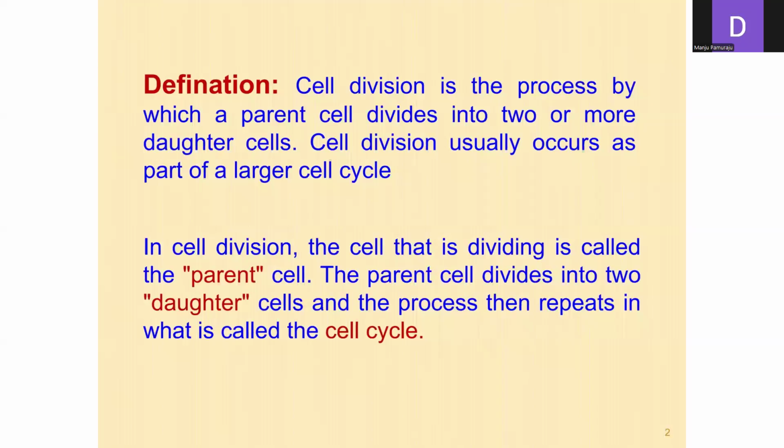So next one is cell division. Cell division is a process by which a parent cell divides into two or more daughter cells. Cell division usually occurs as a part of a larger cell cycle. So in cell division, the cell that is dividing is called